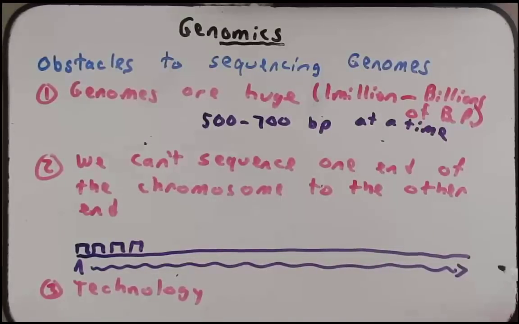But you should know that through a lot of hard work, dedication, money, and an increase in technology, we were able to begin to sequence whole genomes. And now we can even sequence multiple genomes at the same time, which we'll talk about in a moment. What I'd like to do now is to list some of the genomes that have been sequenced. And with some of them, I want to explain why their particular genomes are considered landmark discoveries.